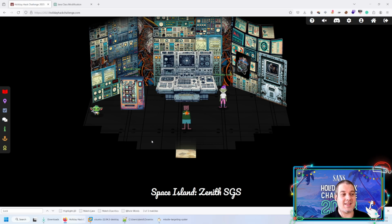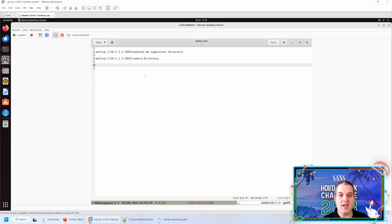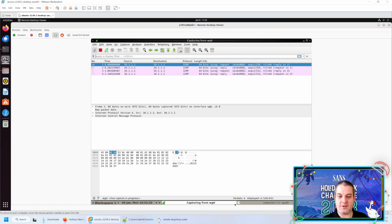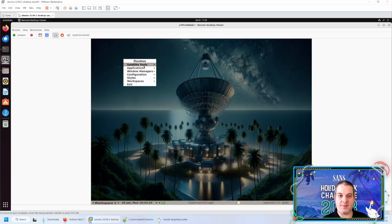So the only hint is admin tools is what we have to look for. And as I mentioned, it's probably not a really great hint, because what we're looking for is really just a different interface. So let's go back to our container. I'm going to minimize these if I'm able to. I'm going back to the satellite control tool,